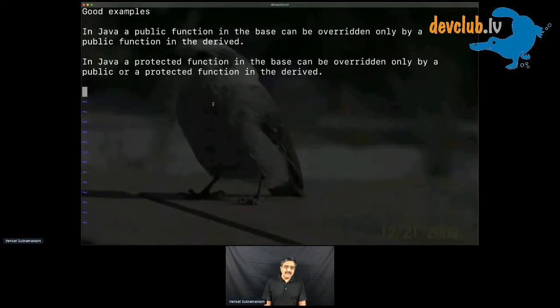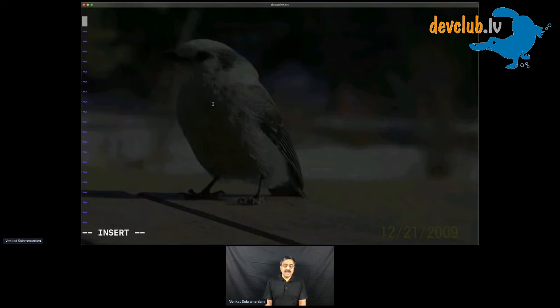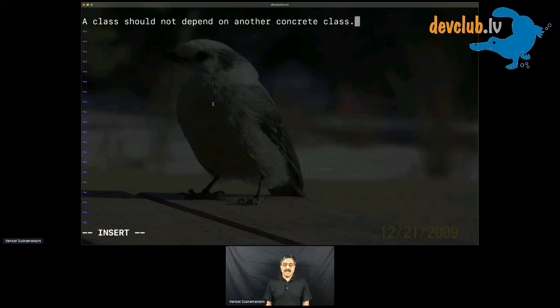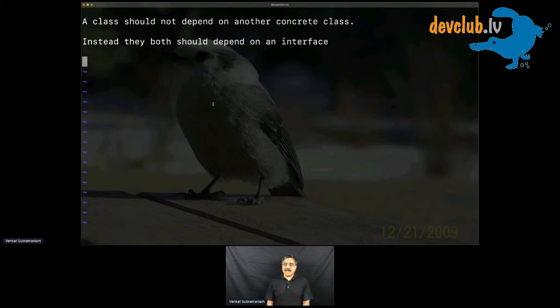So what does this dependency inversion principle say? It says a class should not depend on another concrete class. Instead, they both should depend on an interface. And this is why it is called a dependency inversion. So what does the word inversion